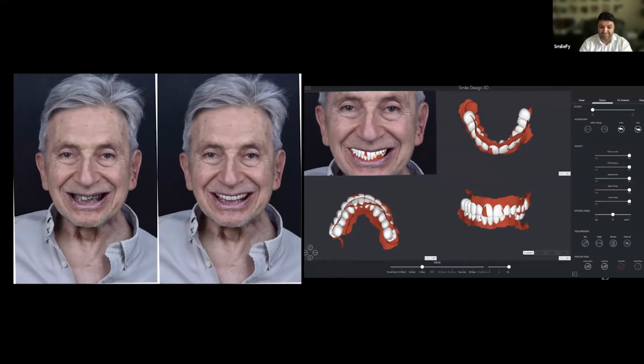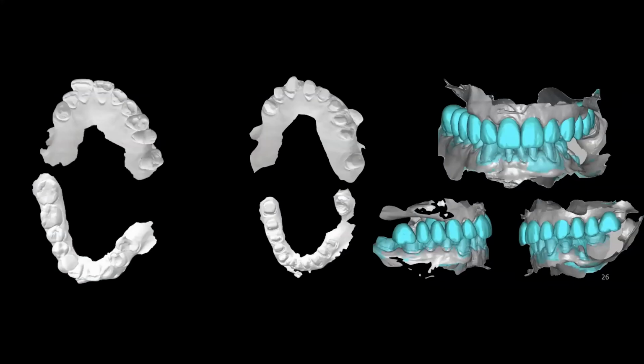Because with Valentin, in a few seconds, they tell you his needs. The first step of the workflow is the intraoral scan.